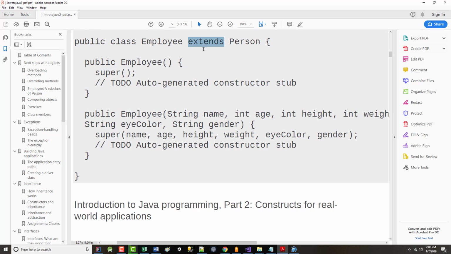This word here, extends, means that an employee is a child of a person. So an employee is a type of person. An employee class, in this case, inherits from a person class. If the person class had something that was written, figure out pay. That's actually the best one, because